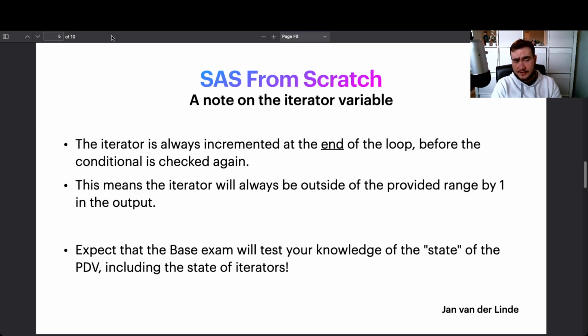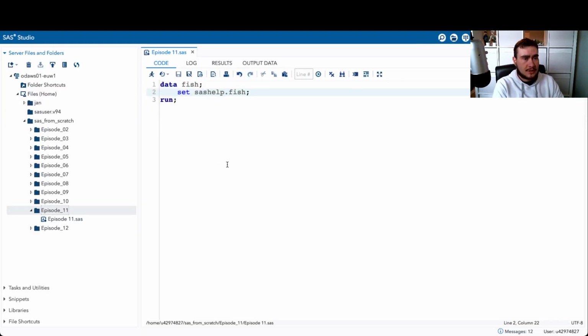Quick note on the iterator variable, because this is quite important. The iterator is always incremented at the end of the loop before it checks whether it's still in range. This means that your iterator is always going to be outside of the provided range by 1 in the output. So if we do something like